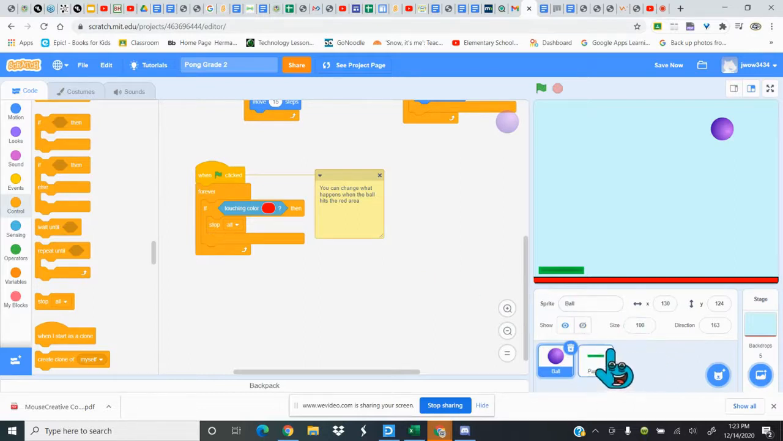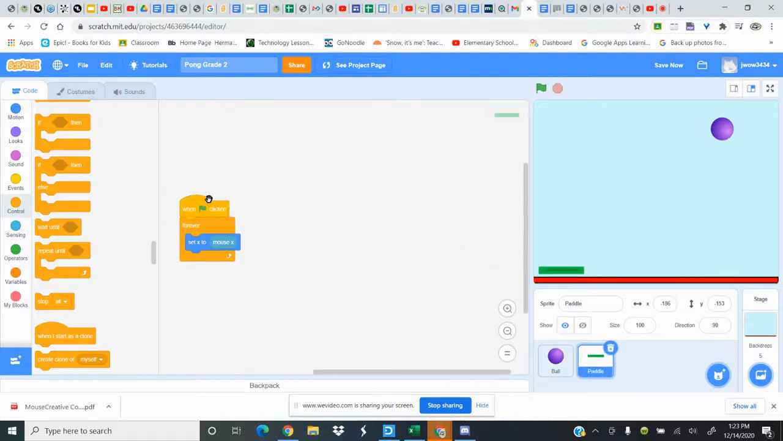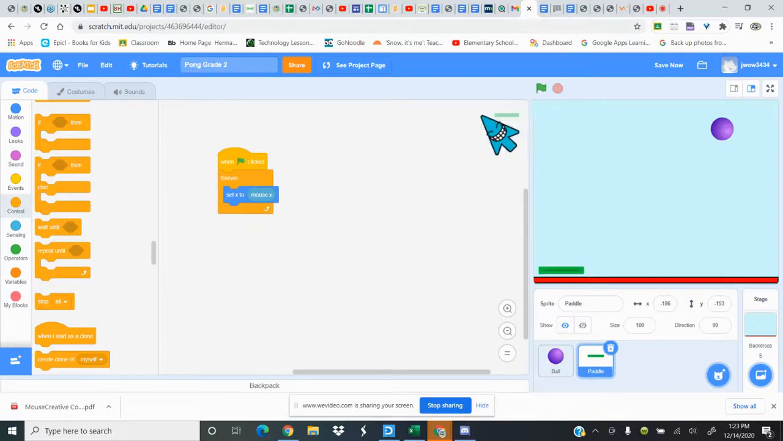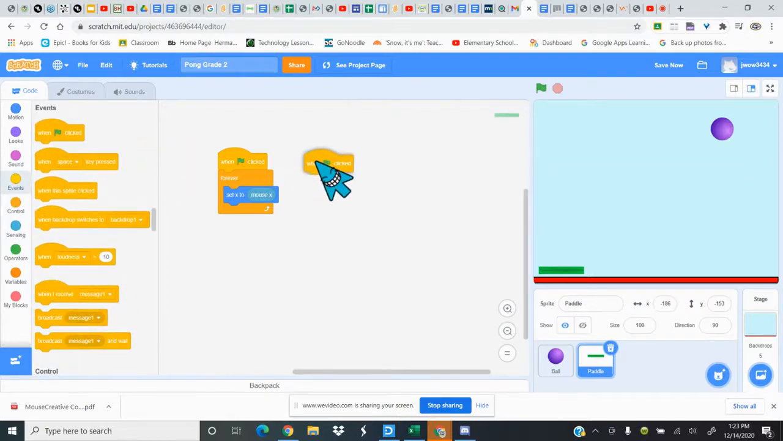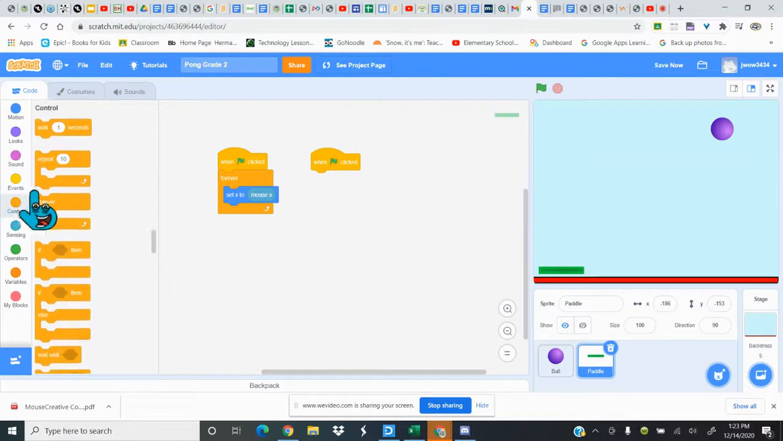Next, I'm going to click on the paddle, and there's just one block for the paddle. So I'm in my paddle coding. So my green flag is clicked, the game starts, and my block is going to have just a green flag event. It's going to go forever,